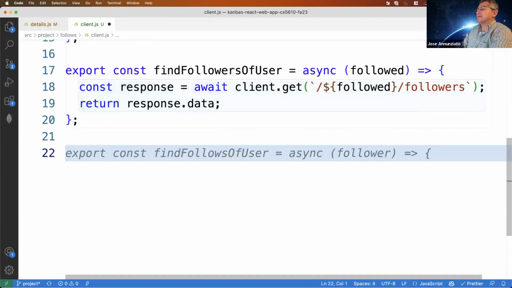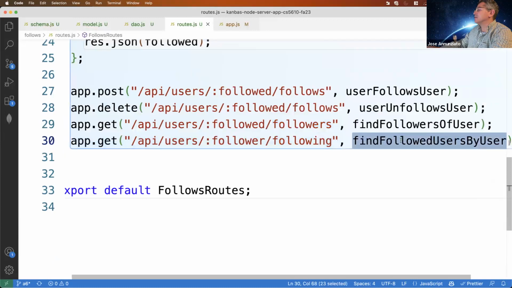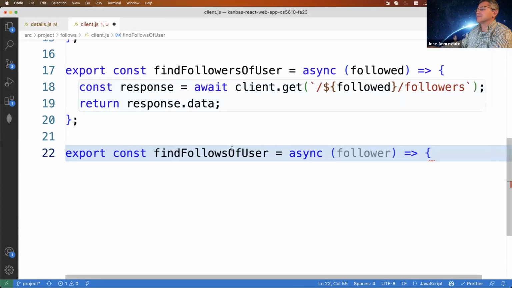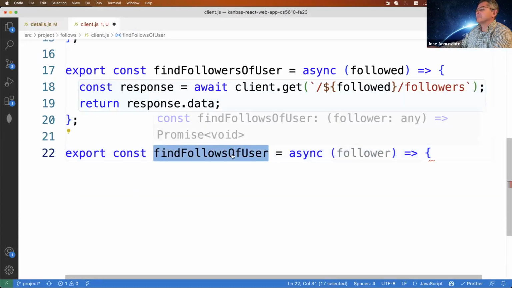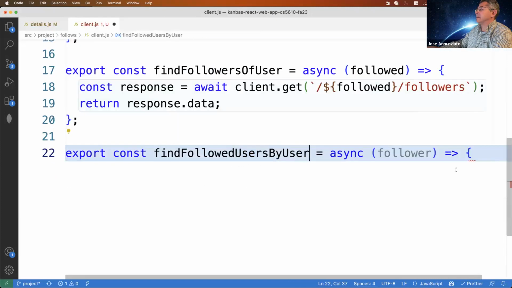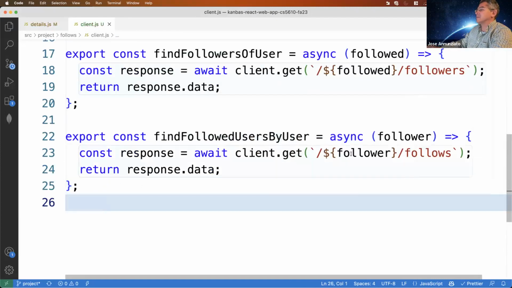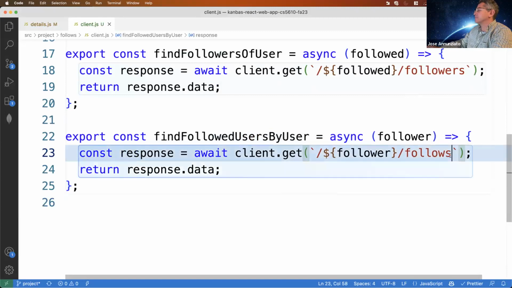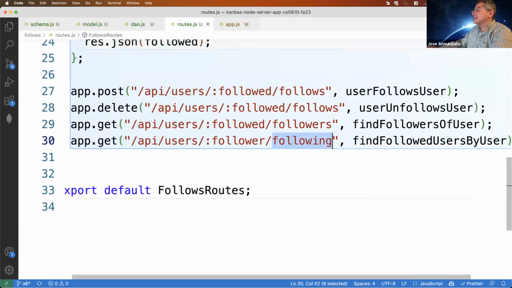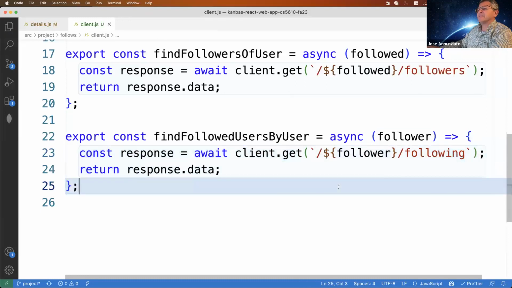And then the find follows. So find followed users by user. Copy and paste that in there. And then this is the follower that I'm going to embed in there. Perfect. So it's going to put it in the URL. Followers, follows, following, that has to match. I think that's it.